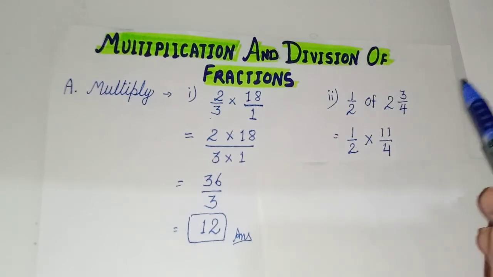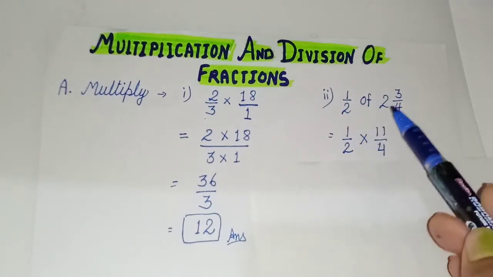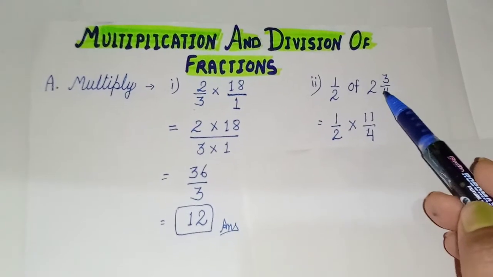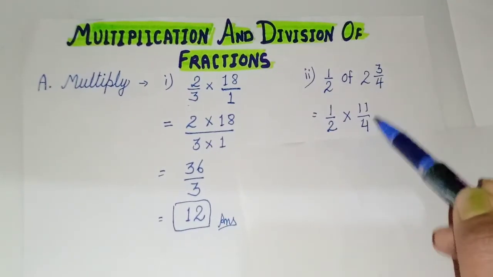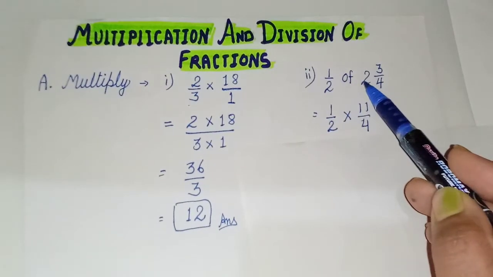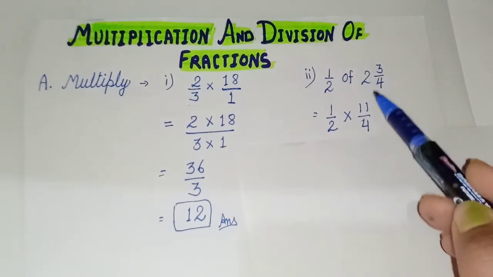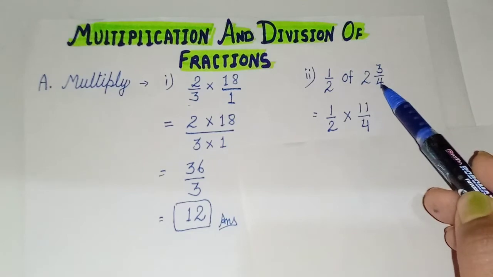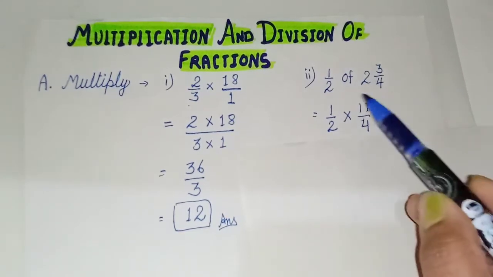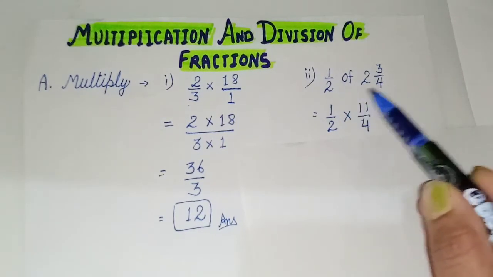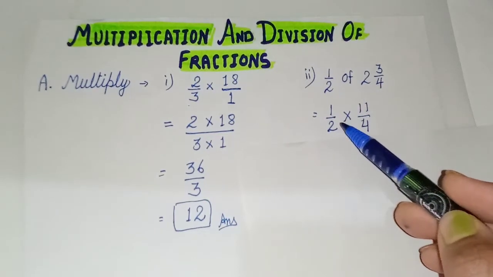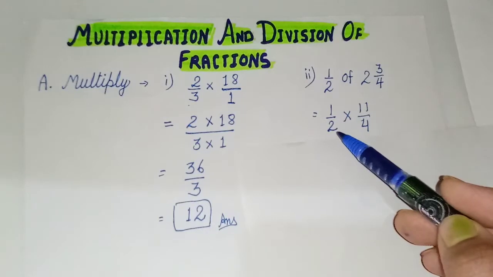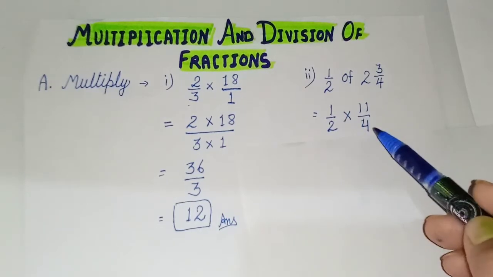Right, so in place of "of" we will multiply here, and as our second fraction is given in the form of a mixed fraction, we need to write that in simple form. So here we have 4 2s are 8, 8 plus 3, 11. So the numerator will be 11 and the denominator will be 4 only. So we have changed this question into a simpler form to be solved. Here we have the new question, that is 1 by 2 into 11 by 4.